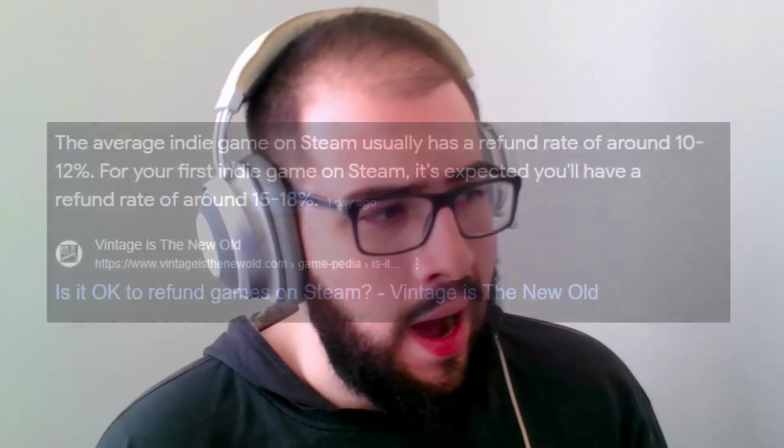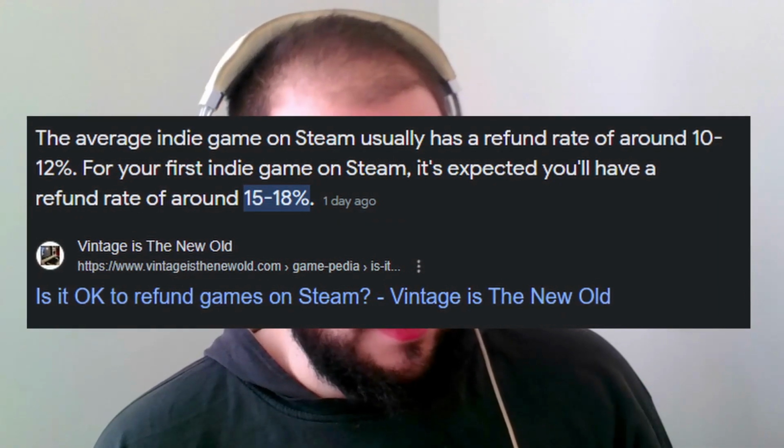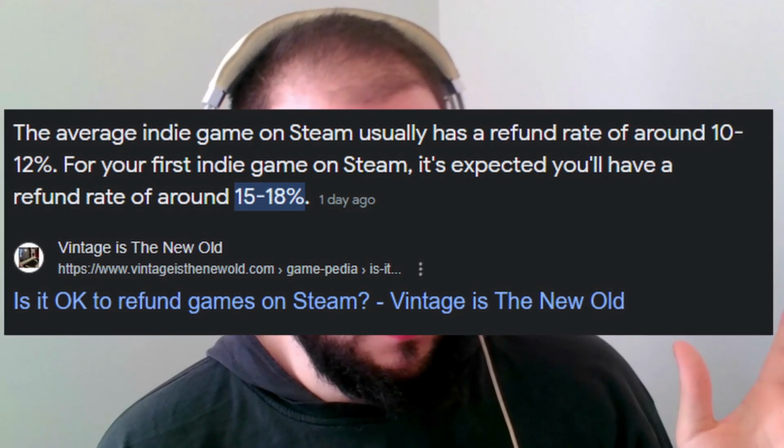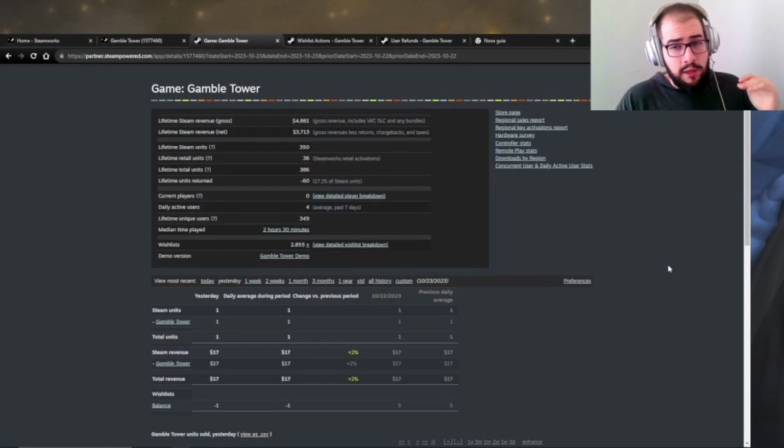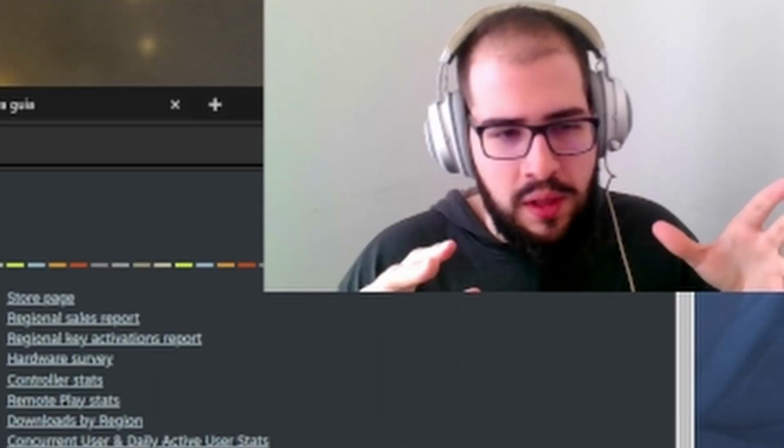Now, can you do something to avoid refunds? I think that for a first game, a high refund rate is sort of normal. Technically, for a first game, people say that it's normal to have a refund rate from 10% to 20%, but that's heavily dependent on your experience, on what you did before, on how you handle bugs and all that. For us internally, the game released with a lot of bugs, unfortunately. So if you release a game with fewer bugs, maybe this will have an influence. For future projects, I know that I want to release a much more stable game, with less